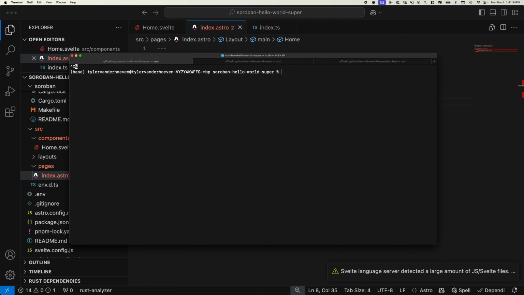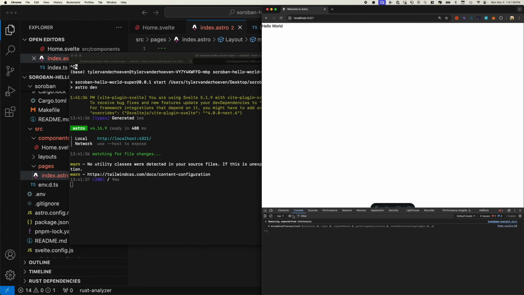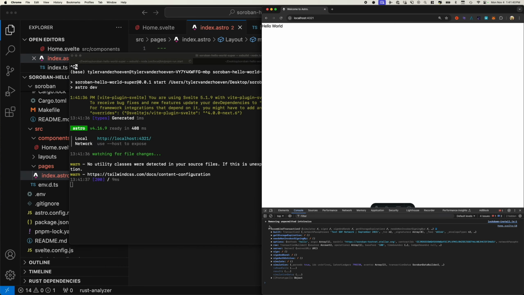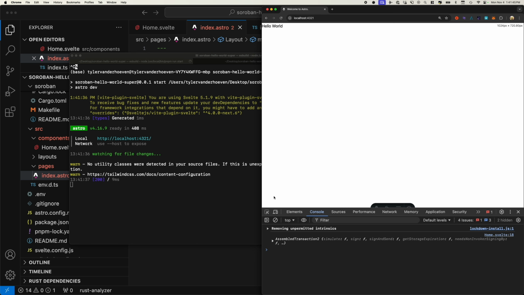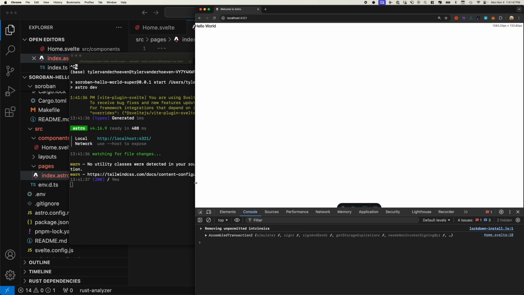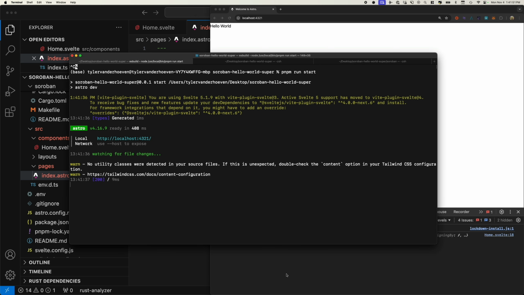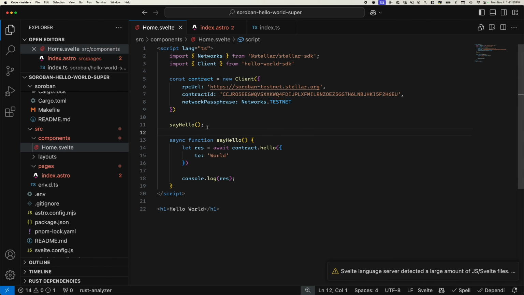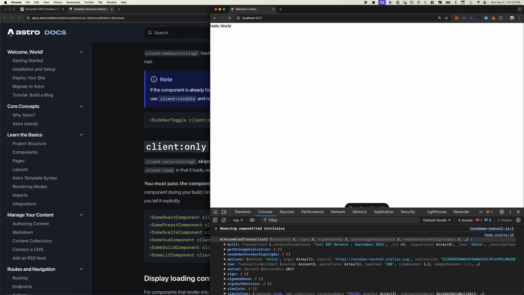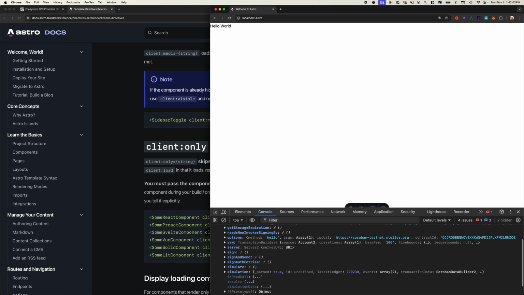So if we were to reboot this and then refresh this, we get our client assembled transaction in the client side, the browser, and not in the server. Which you may want in the server, but for the purpose of our examples, I do not. I want it here so I can inspect it more easily. You get a whole lot of stuff in this assembled transaction, including things like